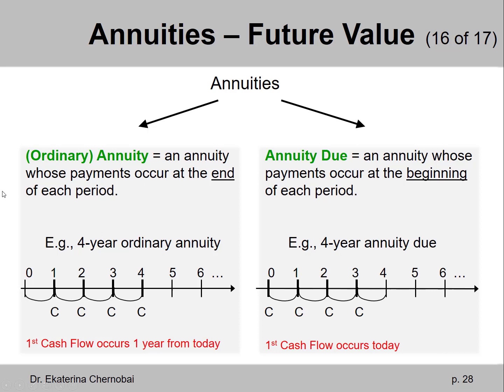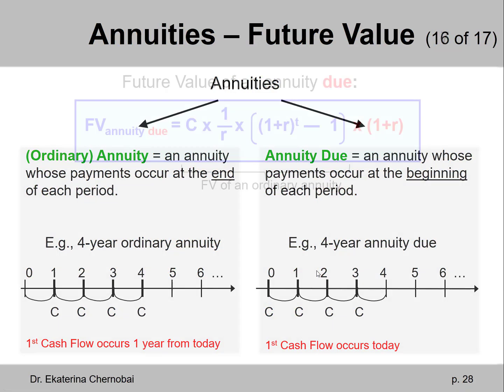So just to review, annuities can be called ordinary or due. Ordinary annuity and annuity due. Ordinary annuity has payments at the end of each period, and annuity due has its payments at the beginning of each time period. You can also rephrase and say that in an ordinary annuity, the first cash flow occurs with a delay. So you have to wait 1 time period before you pay or receive the first payment, depending on the problem. And in an annuity due, the very first cash flow in that annuity is